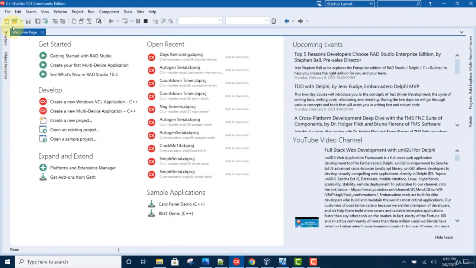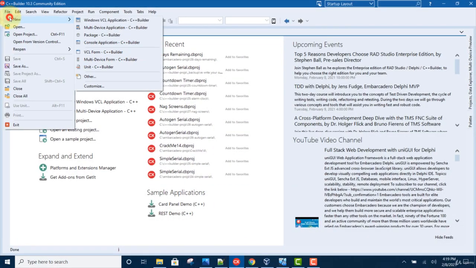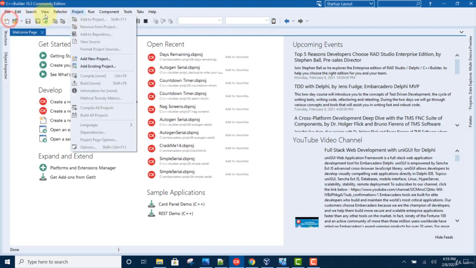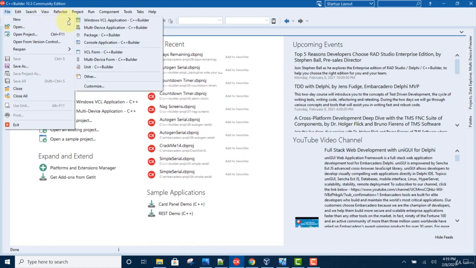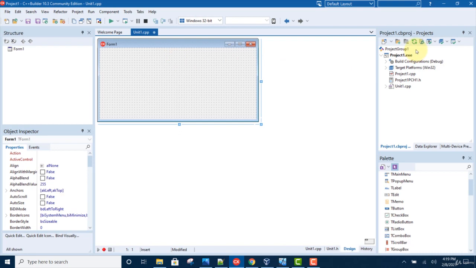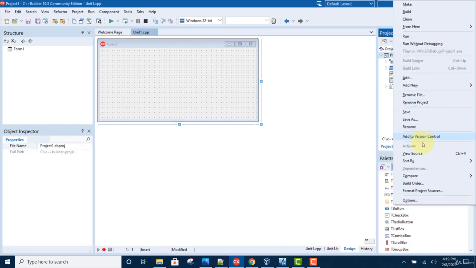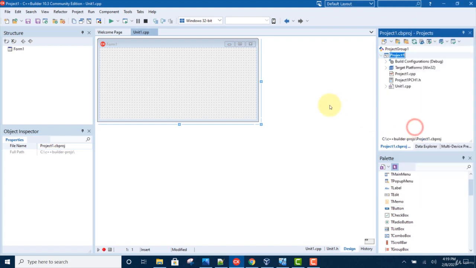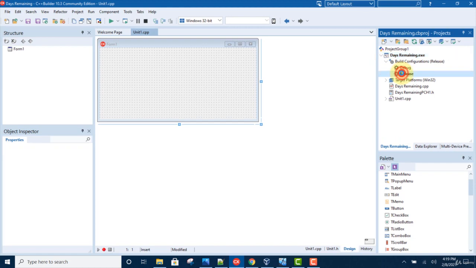So fire up your C++ Builder, File, New, Windows VCL application, rename the project, right click, rename, call it Days Remaining. Next, select the target as release,